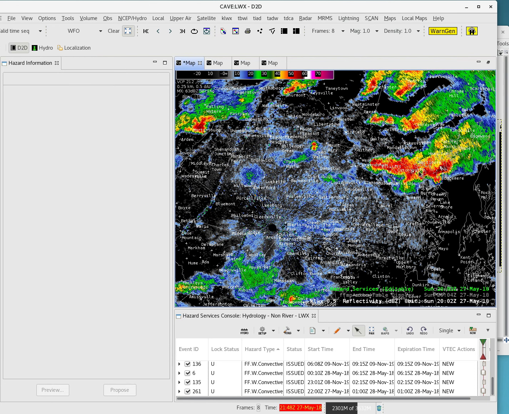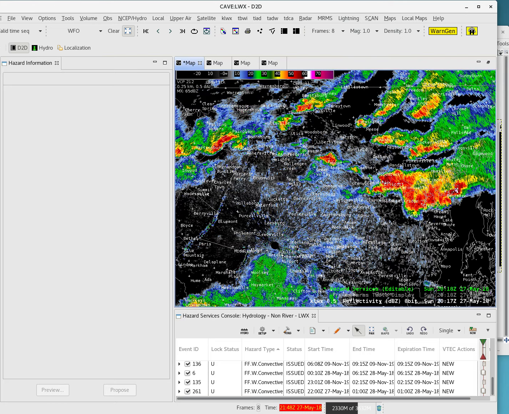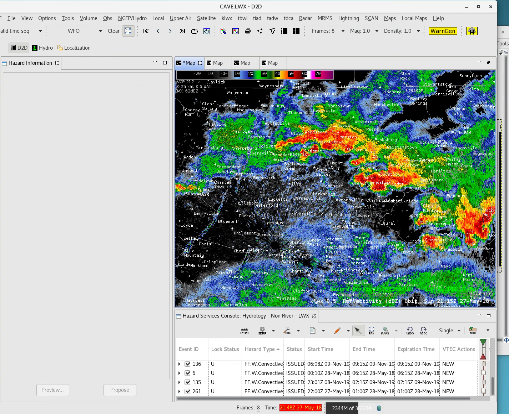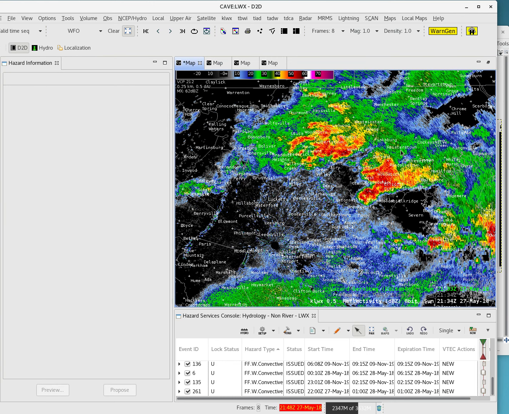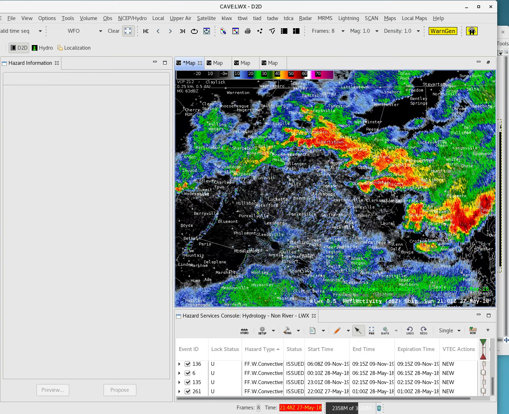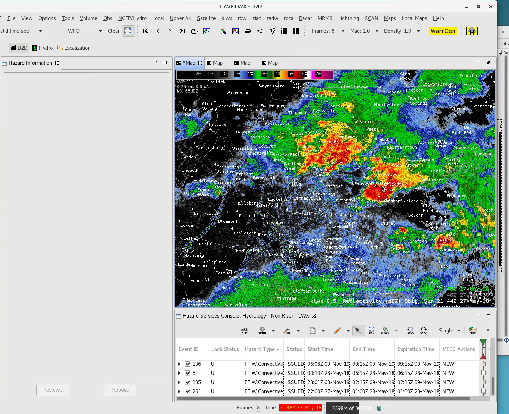Ellicott City to Baltimore that, if I step forward in time, we see is kind of back building. It's nearly stationary, and this other line of storms is coming in from the northwest. So really, I've got back building storms and another round of storms moving into this area. So I'm going to want to consider a flash flood warning in this circumstance, and the flash flood recommender is